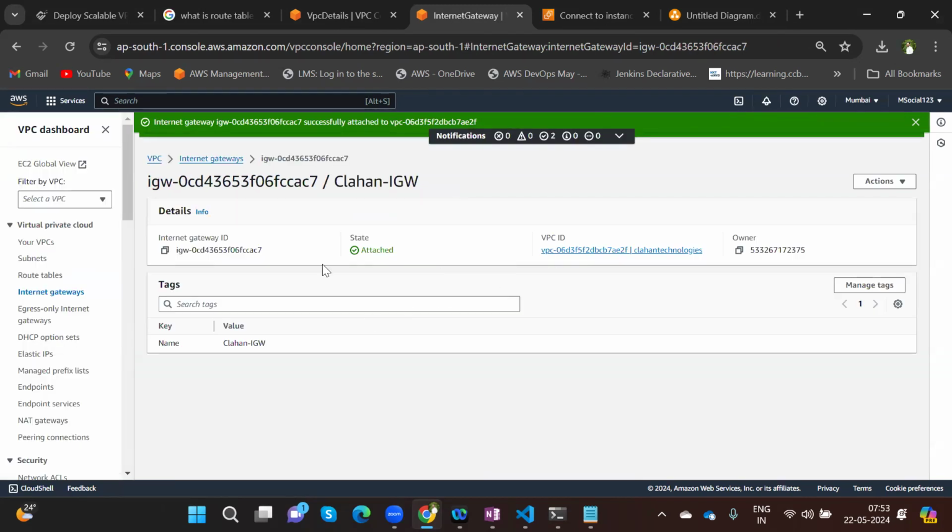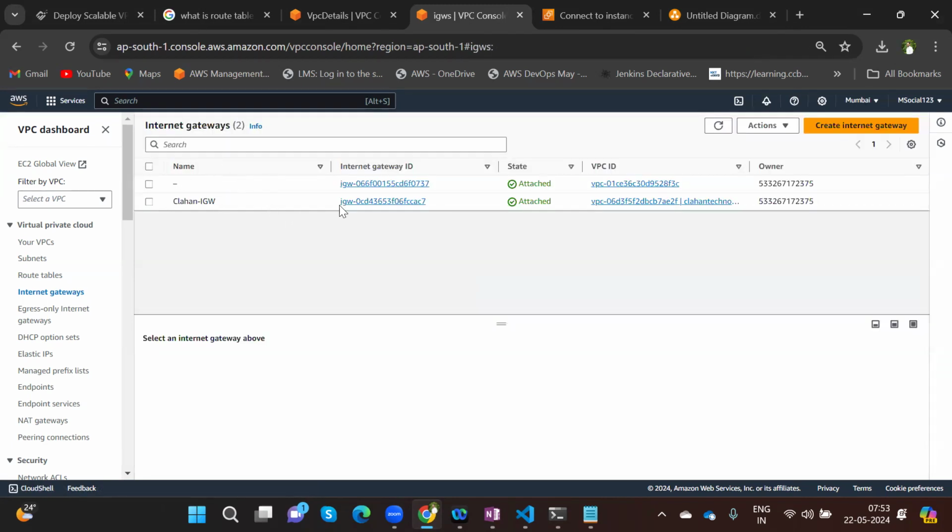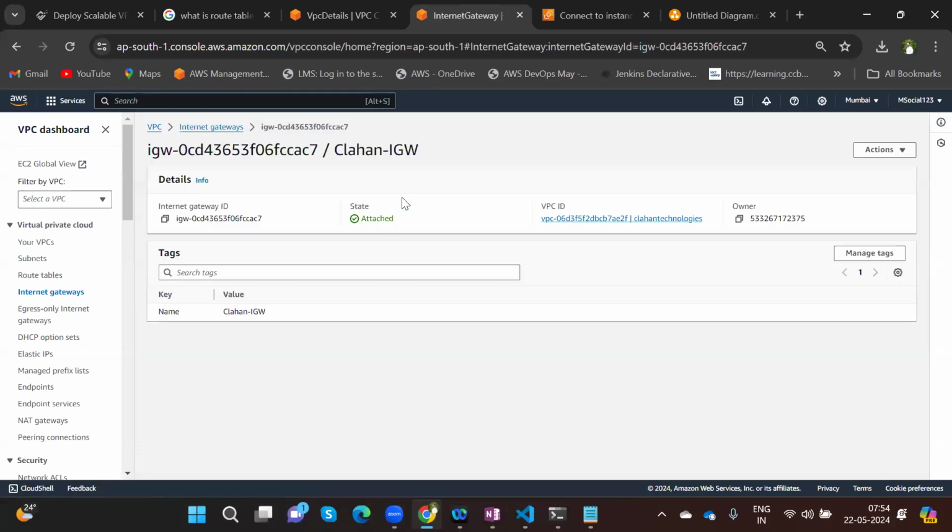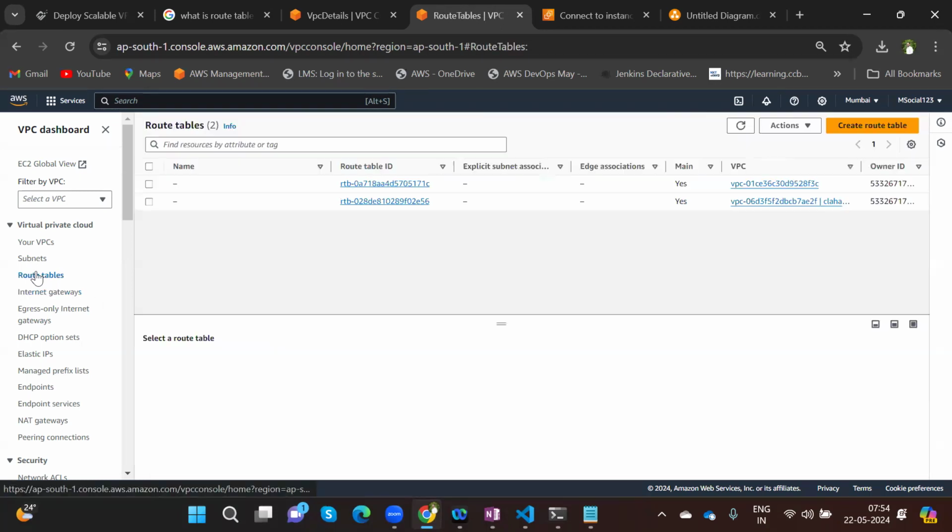When you open internet gateways, go to internet gateways now. Look at here, this is my internet gateway ID. This is the attached VPC ID. Look at who is the owner. When you click on this internet gateway ID, you look at here, these are all the options you're going to get. Now go to route tables,